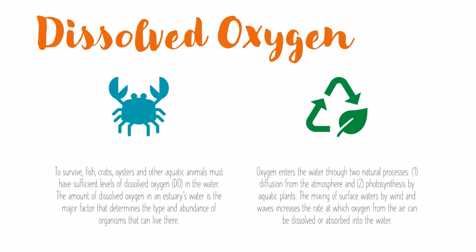It's just so important, right? And it's important that we try to maintain these abiotic factors and ensure that the range in which they occur is optimum. So to survive, fish, crabs, oysters, and the other aquatic animals must have sufficient levels